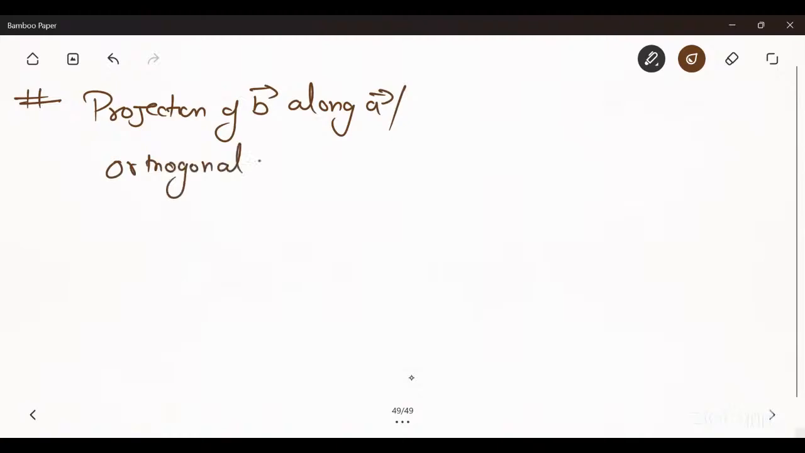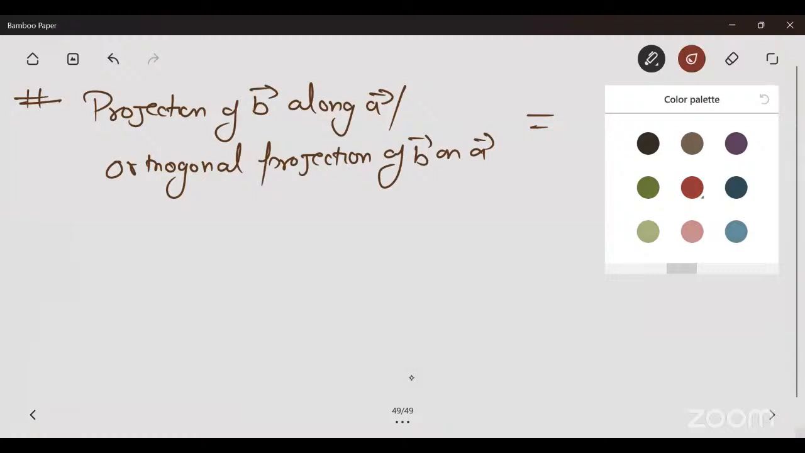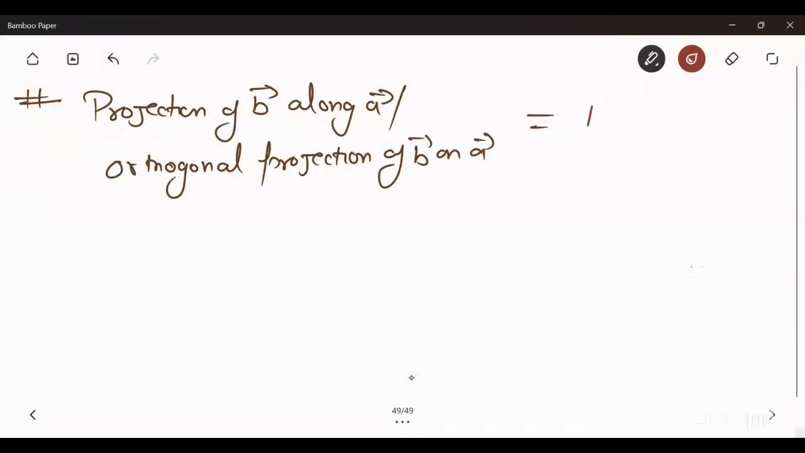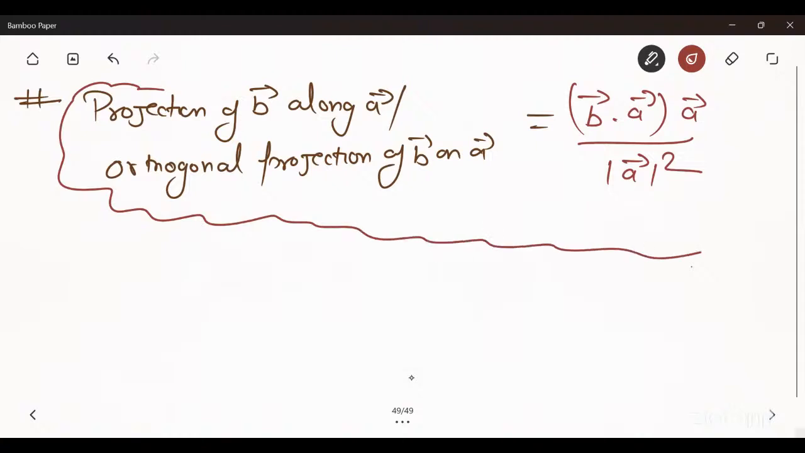The orthogonal projection of B vector on A vector has the formula: B vector dot A vector times A vector upon mod A square. So this is also the formula of projection of, one more topic is left in this chapter, the projection of